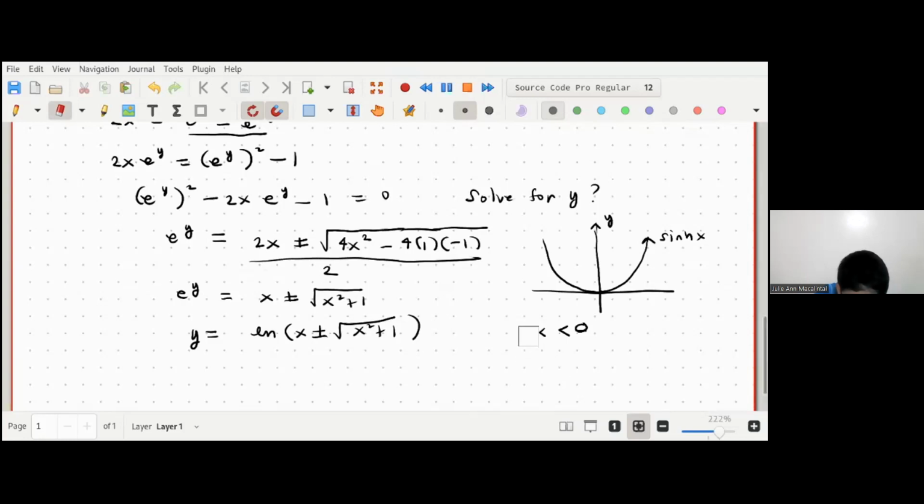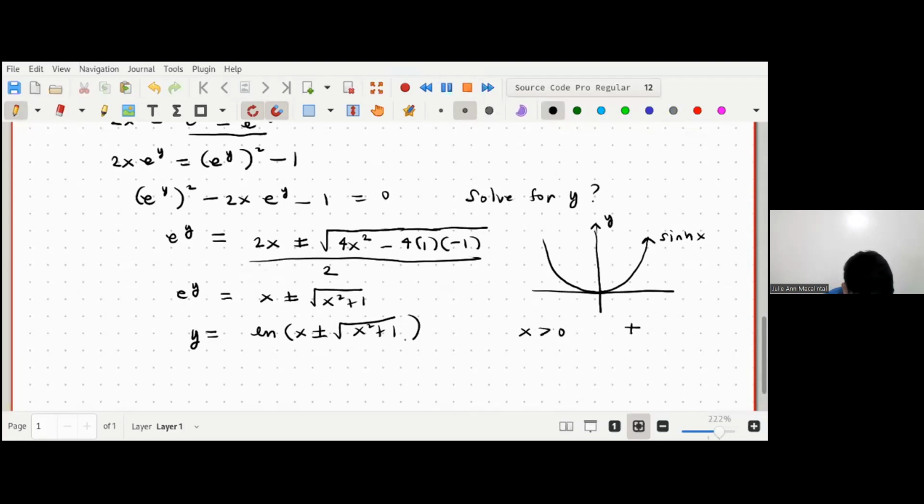Actually, no. Sorry. Ano yung appropriate na sign? So let's check. Kapag plus, di ba, positive yung magiging laman. So kung positive yan, if x is greater than 0, tapos plus yung sign na ginamit natin, we're going to get